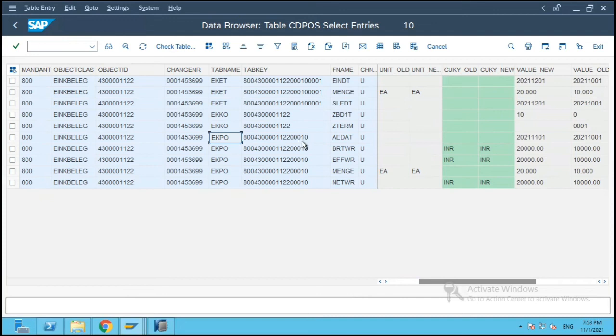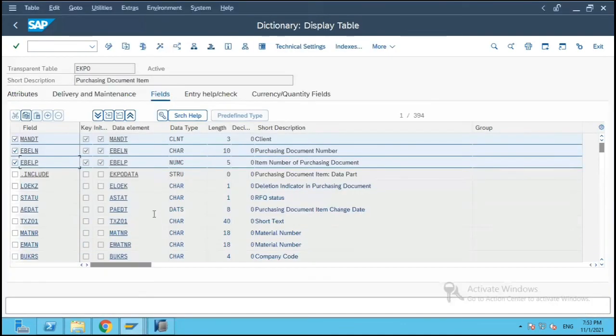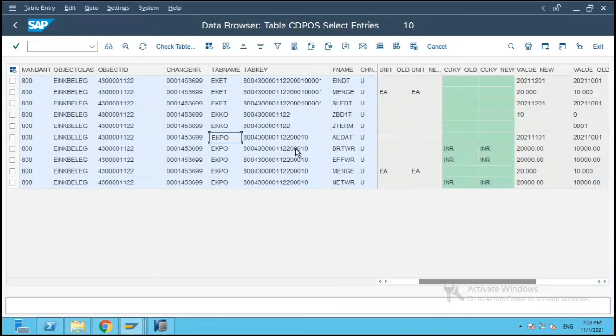It has 3 zeros and then 10, so we made a change in line item number 10. The EBELP field has a NUMC length of 5, which is why it is 3 zeros followed by 10.